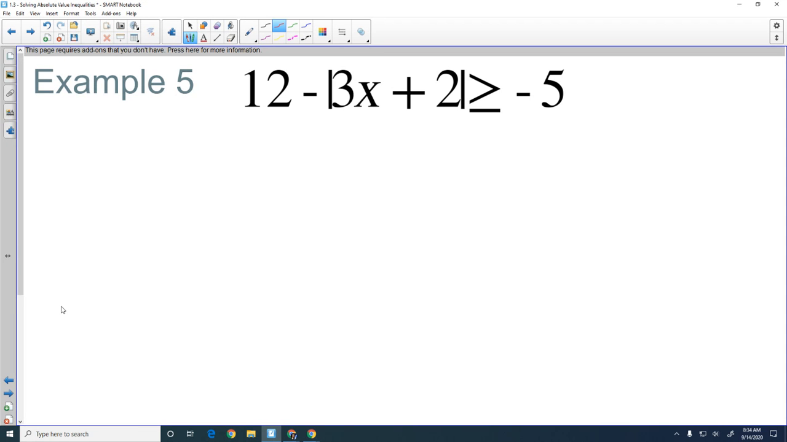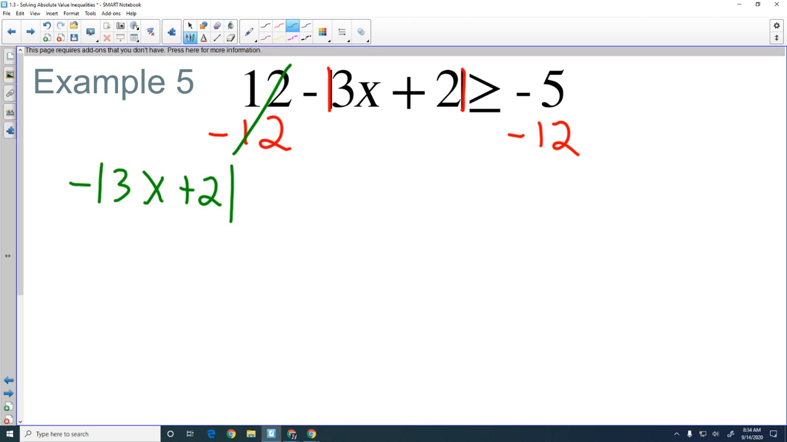Now we want to get the absolute value all by itself on the left. It means I've got to get rid of that 12 that's in front of it. Now, since this is a positive 12, to cancel it out, I'm going to subtract 12. So we subtract 12 from both sides. The 12s cancel. And do I still have the negative sign in front of my absolute value? That's still there, right? I only got rid of the 12, not the negative sign. So we have negative absolute value of 3x plus 2